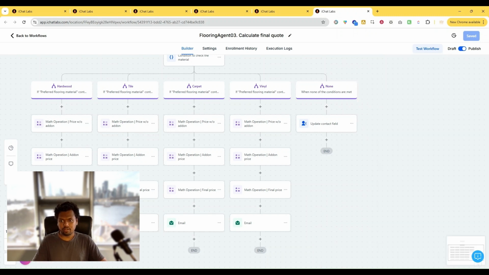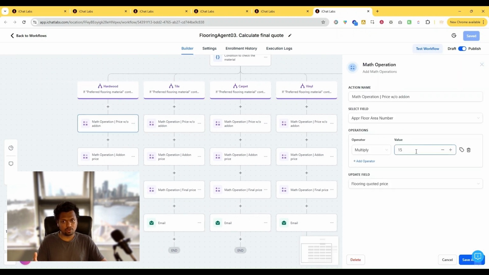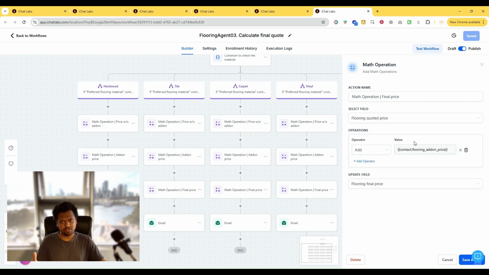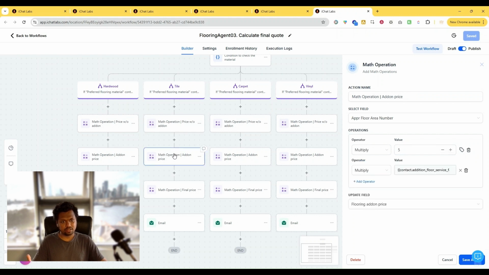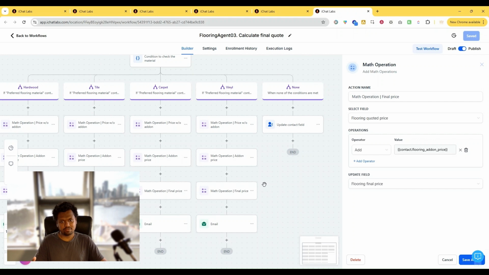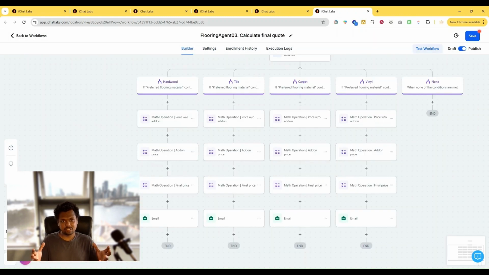Okay, so now if you want to go through each branch, you can see here I have 15 as the price for hardwood, and the service charge is $5, and the final price is an addition of these two. Similarly, here the price for the material is 10, and for the extra work you have to pay $5 per square foot, and then you add those things. Similarly, all the 4 branches have similar things. Actually, I don't need this here. I can delete this. So that's how you can create a price for the selected material